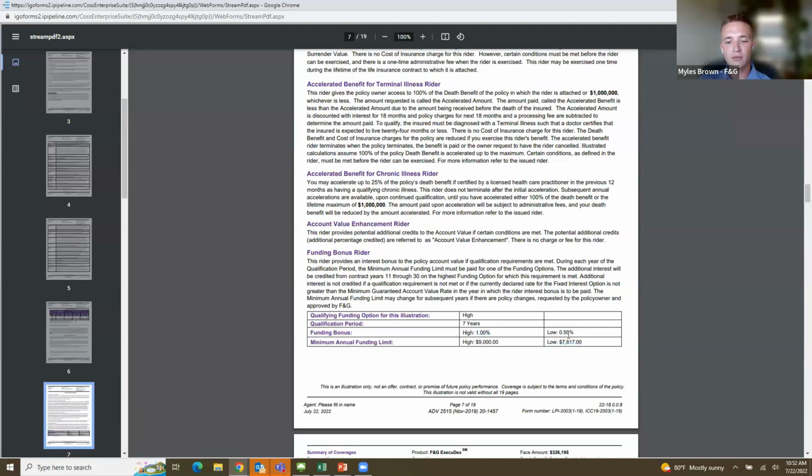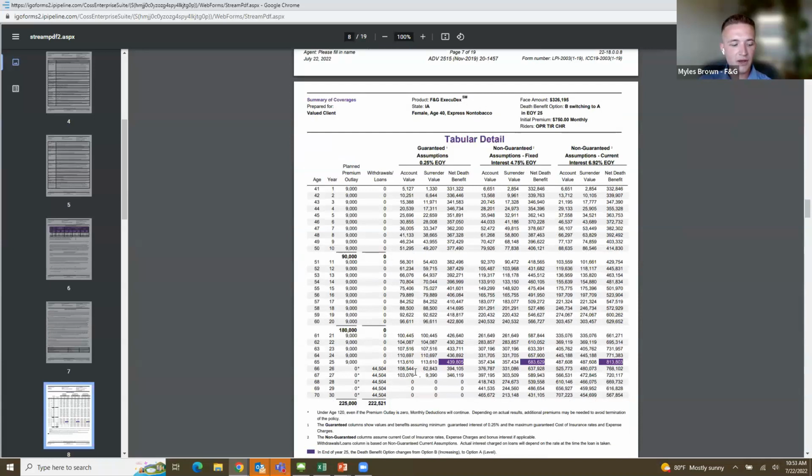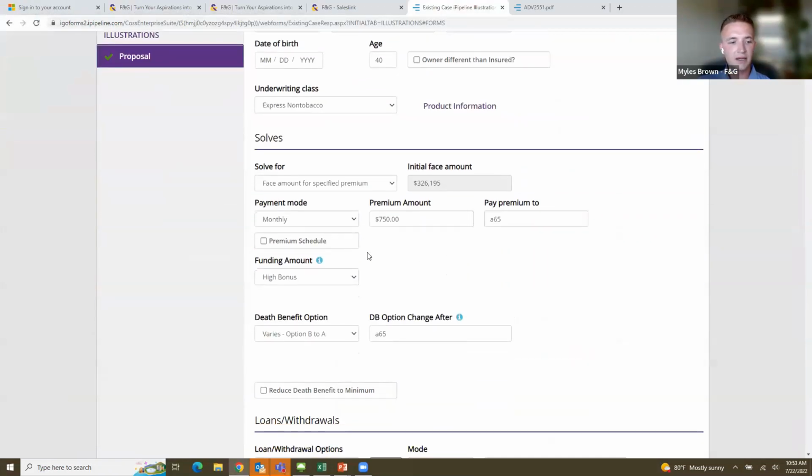Low funding bonus premium amount, giving us that 50 basis point account value bonus. And this comes out to be $44,000 a year in income. So slightly higher death benefit, same premium. That means we're going to get slightly less income, but still very competitive, coming in at just over $44,000 a year. And the same holds true if we would select the